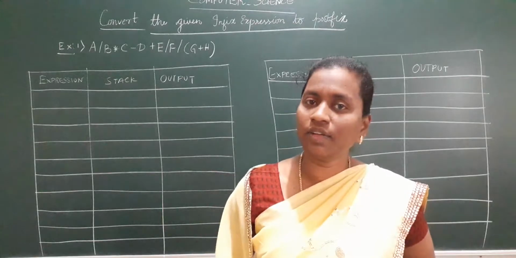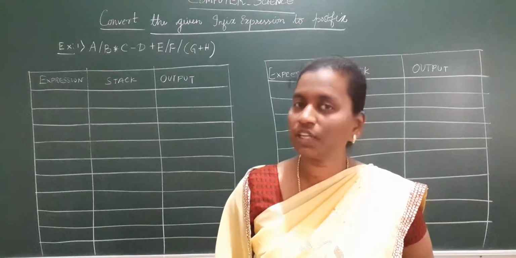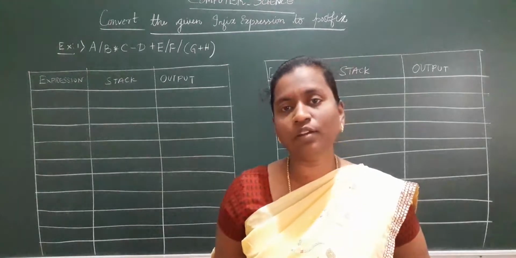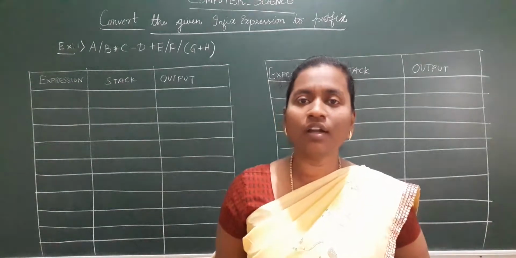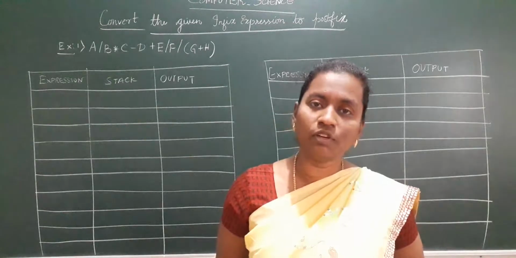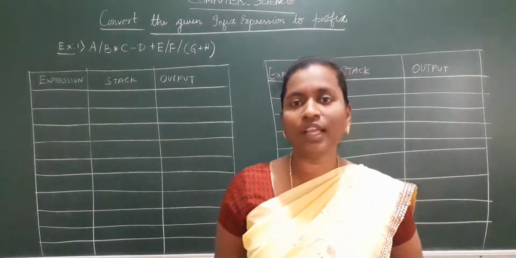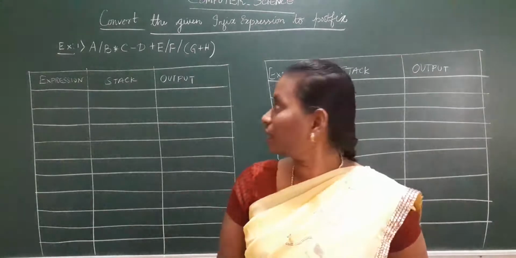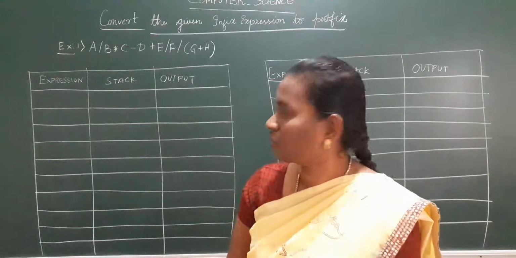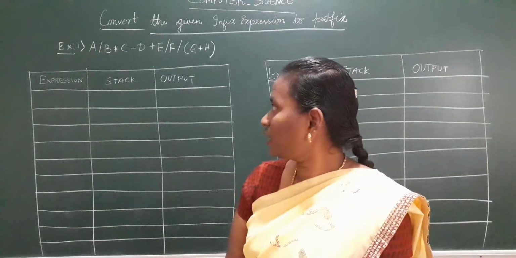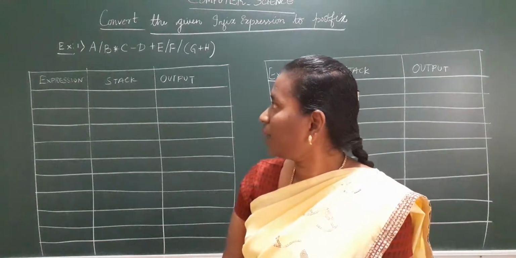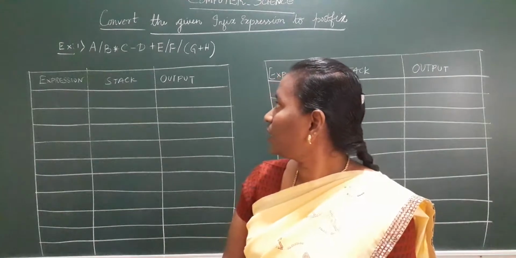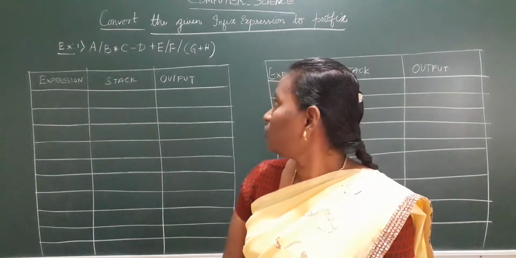Here I have just taken an infix expression. Now you can take any infix expression and try to solve it by yourself. For your assignment question, I have included only 5. So if you want to take an expression by yourself, you take a few expressions and try to solve them. So here I have taken the expression. This is quite a big expression, which is nothing but an infix expression: A ^ B * C - D + E / F / G + H.